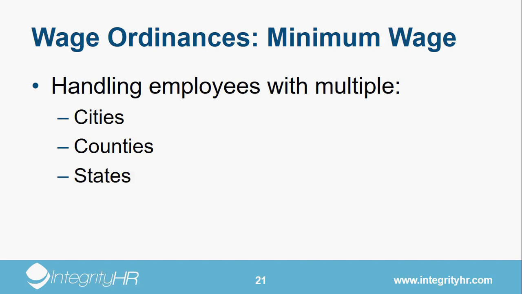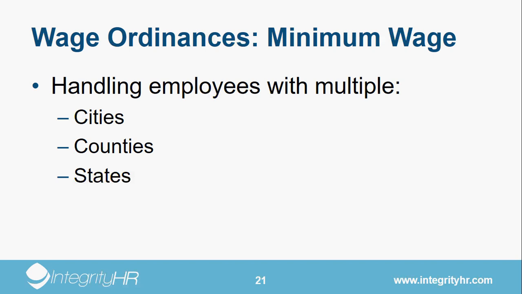So, for example, and this is where it gets kind of tricky, let's say Bob works in one city and he's paid $10 an hour when he works in that location, but he comes over to help out because his company has a location in another city, and that wage rate is actually $12. That's the going rate of pay. Well, when Bob works in City A, he needs to be paid at $10 an hour, and when he comes and works over in City B, he's going to be paid $12 an hour.